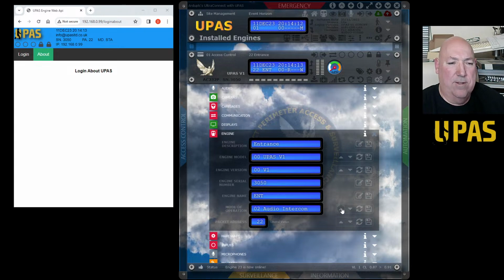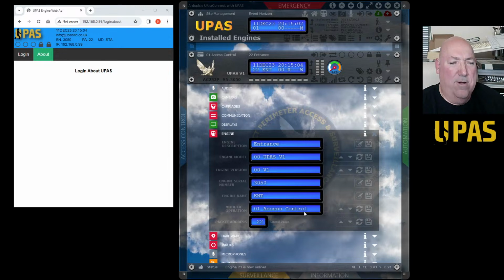You've got some other stuff you can set it to: audio intercom, video intercom, disabled refuge, turnstile counter, parking counter, video switch, audio switch, intruder alarm, fire alarm, the energy management, hydroponics, central heating, traffic lights, universal PLC, automatic barrier, swing gate, sliding door, folding door, rising bollard, rising blocker, sliding blocker, sectional door, roller shutter, rapid roll door, turnstile, pedestrian door, pedestrian gate, general purpose, and back to access control.